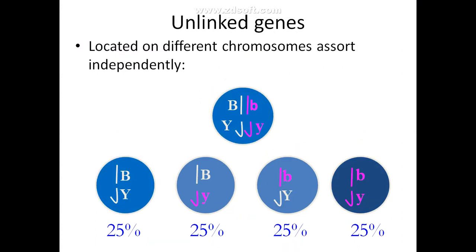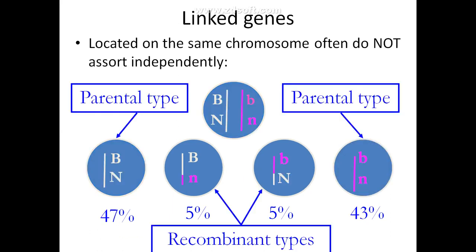Unlinked gene, here we have put two genes on different chromosomes. Here I got the same parental trait here also and here parental trait, but you see that I got another different trait. Okay, this is because of crossing over or recombination. This and this has combined and this has combined. So I got a new product which is completely different from that of the parent. That is called the unlinked genes, whereas you can see about the linked genes.